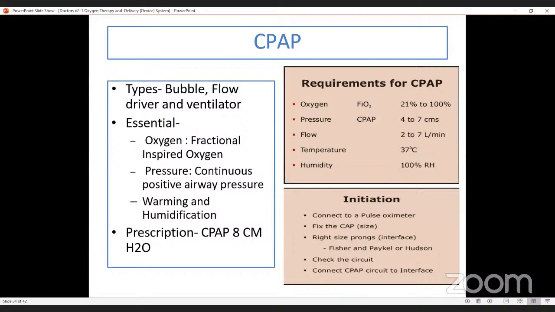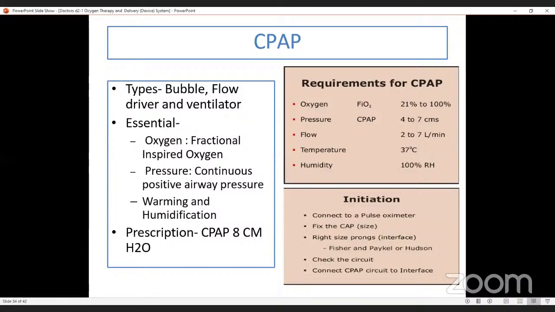प्रेस्क्रिप्शन: सीपैप 8 सेंटीमीटर ऑफ वाटर तक हम दे सकते हैं, 5 से। रिक्वायरमेंट ऑफ सीपैप: FiO2 21 to 100% हम इससे दे सकते हैं। प्रेशर 4 से 7, 8 तक भी जा सकते हैं, जैसे भी आपने देखा। फ्लो 2 to 7 लीटर्स पर मिनट। टेम्परेचर हम यूजुअली उस गैस का रखना चाहते हैं 37 डिग्री सेंटीग्रेड, और ह्यूमिडिटी हम रखते हैं 100% रिलेटिव ह्यूमिडिटी।